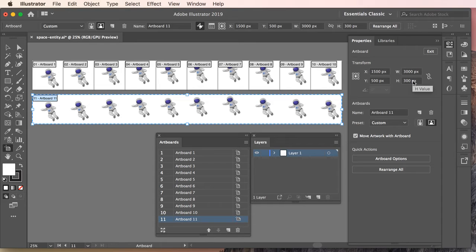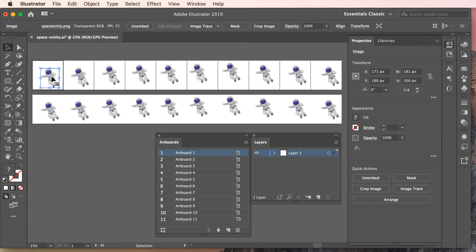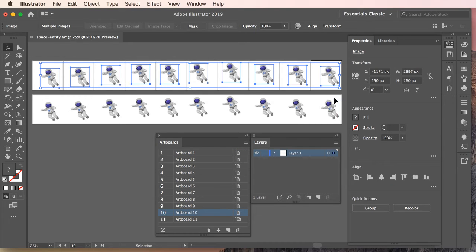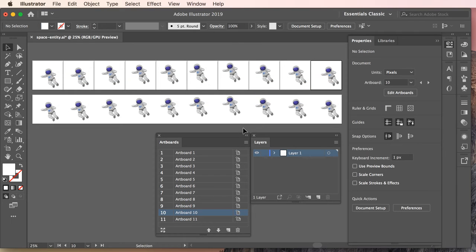Now, the dimensions are going to be completely up to what it is you are trying to achieve. So I have taken my astronauts and I placed them where I wanted them in each frame. And then the easiest thing to do is I just selected all of them, and you can do an option drag, option drag shift, and you want to drag them down to the single artboard. I'm going to go ahead and get rid of those. So what's going to happen is you're going to select all of your art, and then you'll copy it and place your art